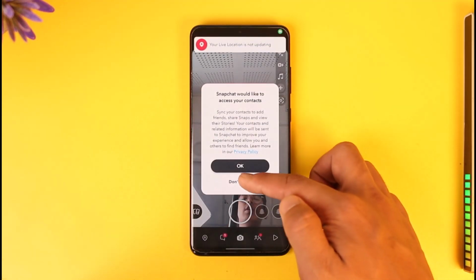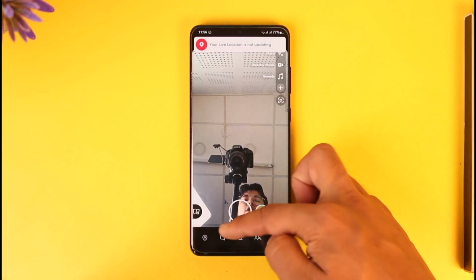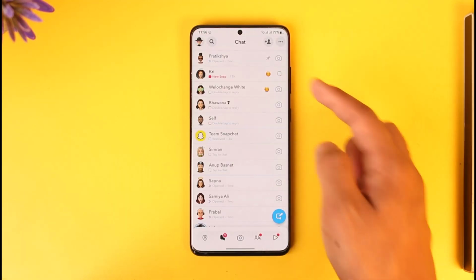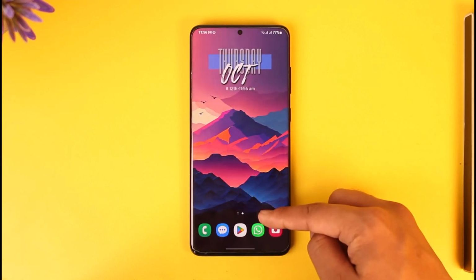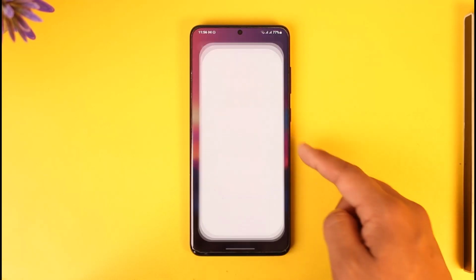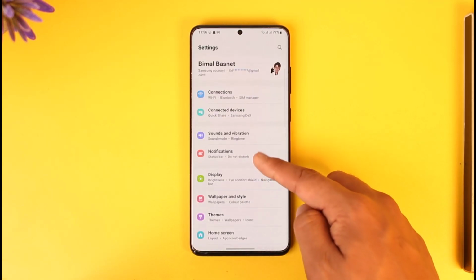Now, one thing that you have to understand is that Snapchat directly does not give you the option to hide someone else's name, but what you can do is hide the notifications in various ways. So first, you can try opening the settings application on your device, and then go to